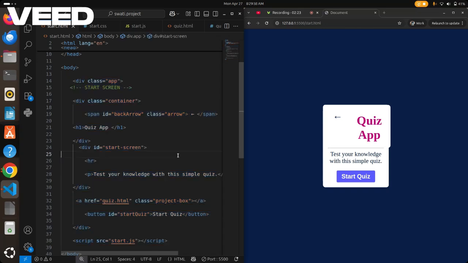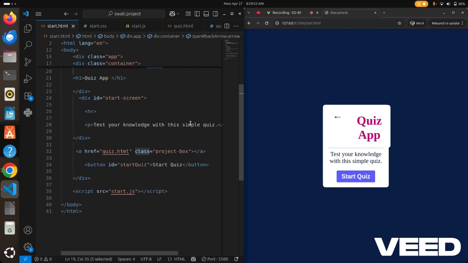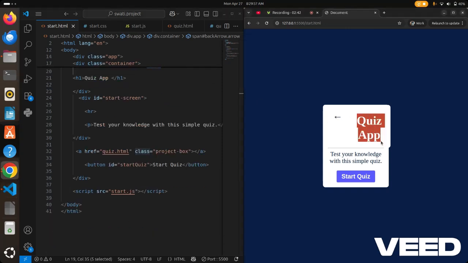So firstly I make one div, and in that I make one container. In that I use an arrow icon, which I use for the back arrow. Okay. After that I give the heading, and then I write a short paragraph using the p tag.